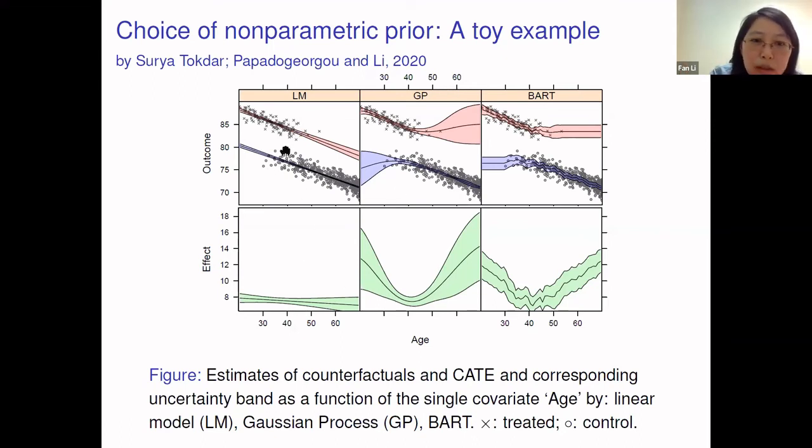The prominent feature of this example is the lack of overlap. If age is the only covariate, you have only a little bit of overlap in the middle of the data. Most of them are very different: the treatment group are all with covariates at one end and the control group at the other end. In other words, there is very poor overlap in the two tails. What is happening is very interesting. You can see that the GP, when you estimate,